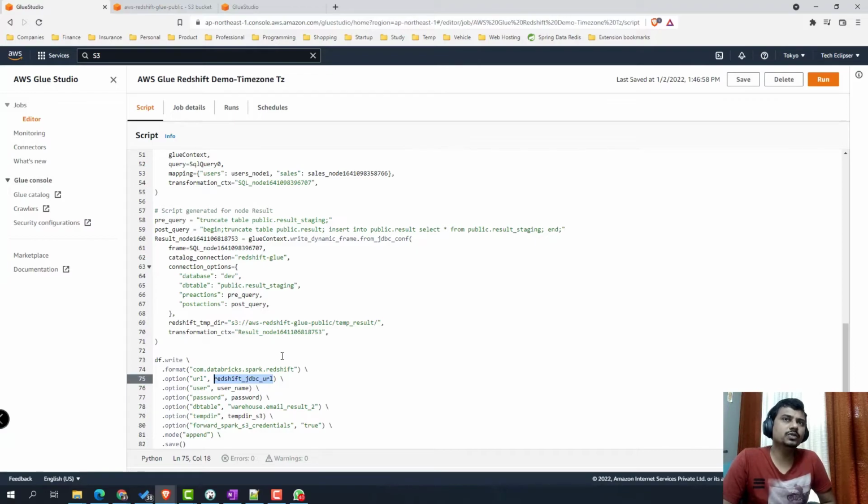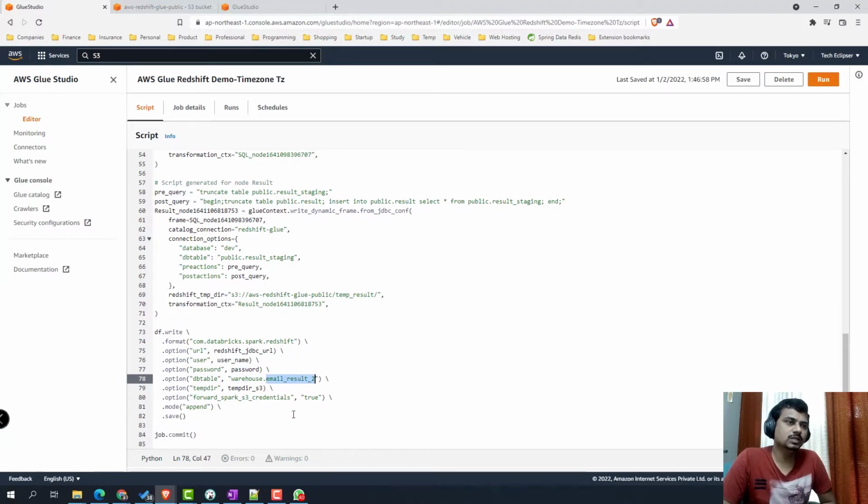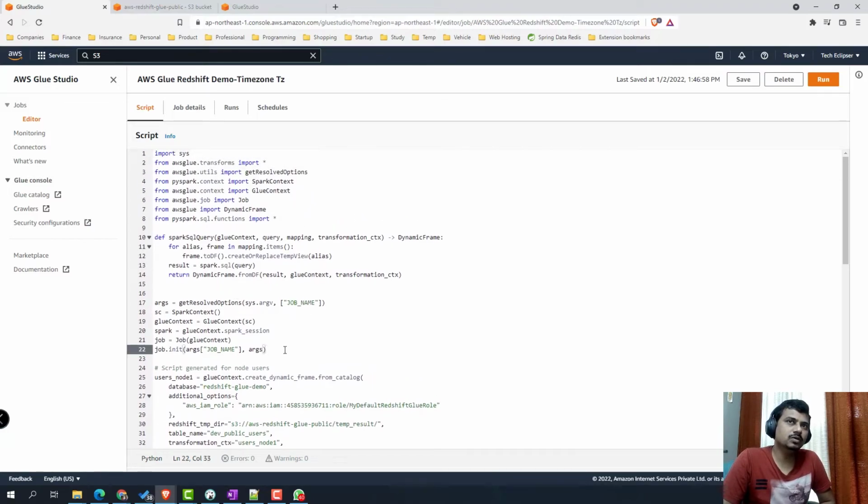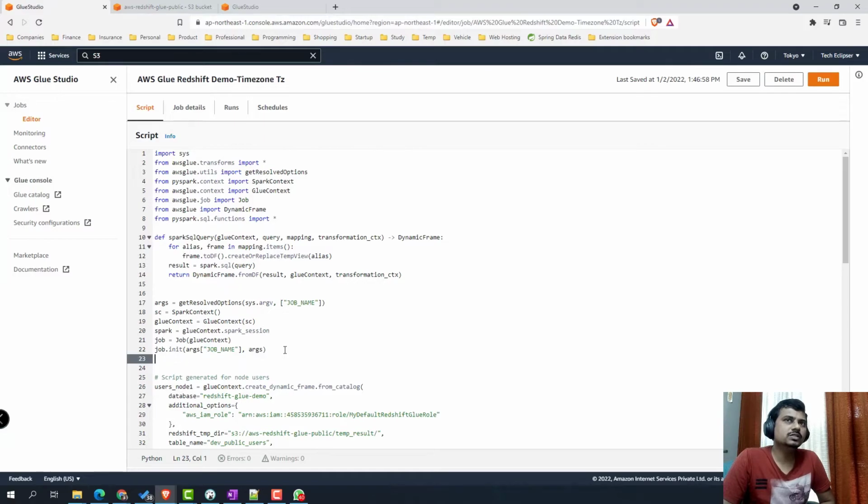So this is the option which you're talking about, where we are using Spark. You can directly write into a Redshift table using Spark also. Here you will have to provide the JDBC URL, username, password, the table name, the temp directory, and there is an option like forward Spark S3 credentials true. And there are different modes available, like append mode, overwrite mode, ignore mode. We'll share the description regarding the different Spark append modes in the description section for you to check out further.